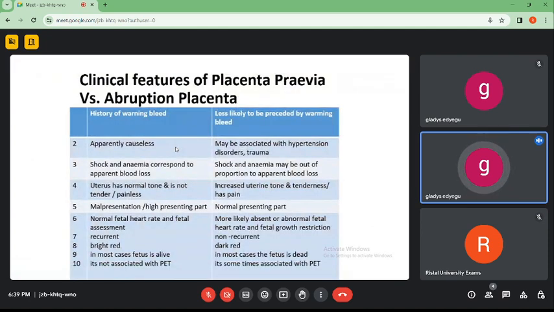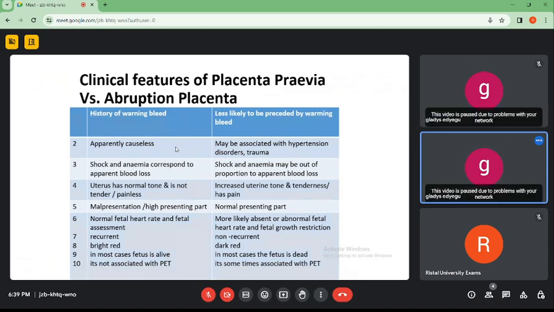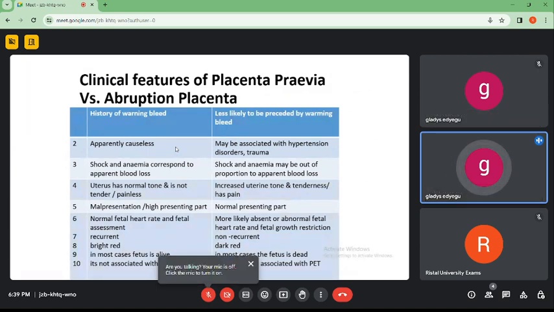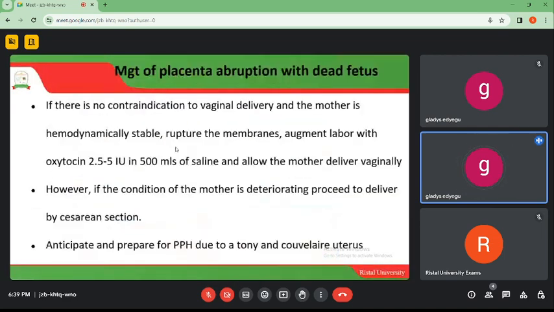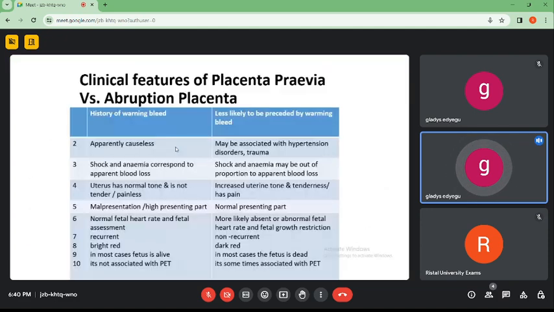Here are the clinical factors of placenta previa versus abruptio placenta. We are supposed to understand or to know the difference between placenta previa and placenta abruptio. So history, warning bleed, and then less likely to bleed. So we need to know which one is for placenta previa and which one is for placenta abruptio, so that